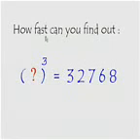How fast can you find out that cube of which number would be this? In other words, you have to find the cube root of 32,768. I'm giving you 4 seconds for that. And believe me, even that is a luxury for your mind, because it should not take you more than 2 seconds. Your time starts now. Your time is up. The correct answer is 32.